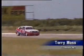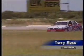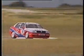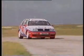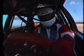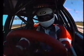We're spoilt with the large horsepowers of the Audis, and we're down now to probably less than half that power. The car is naturally smaller, got to get used to it. The handling is different, it's a front-wheel drive, and we're used to four-wheel drive. Yeah, it's a different ball game altogether, but with the previous Group N experience, I think I can slot in